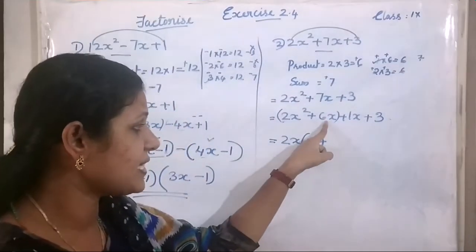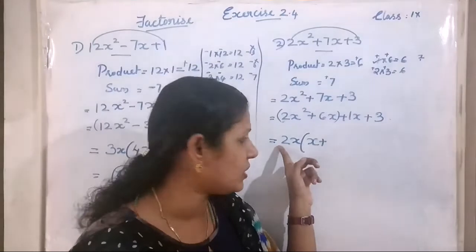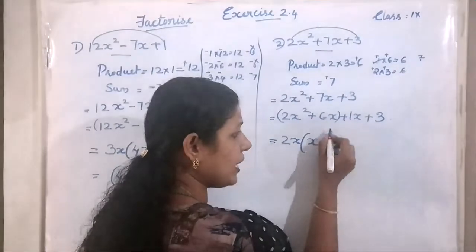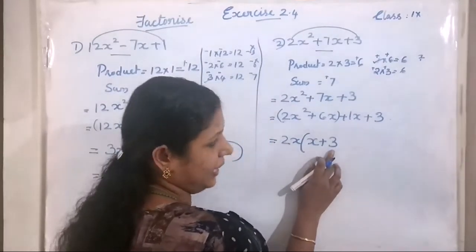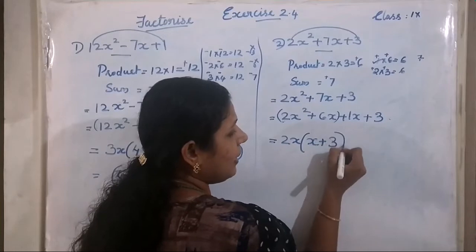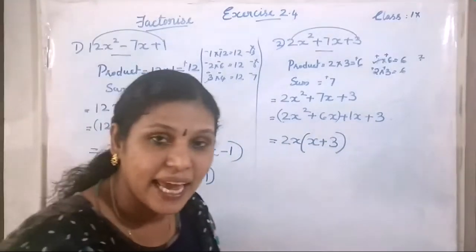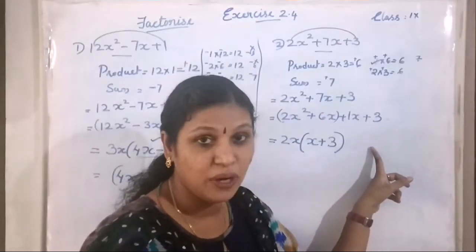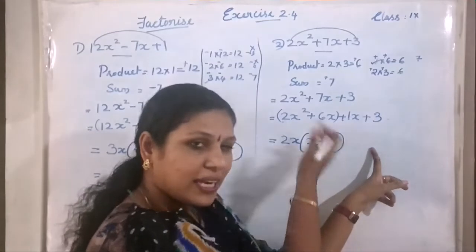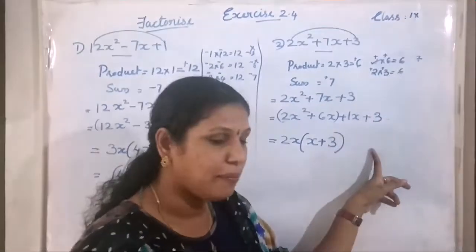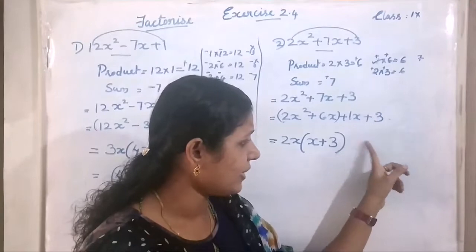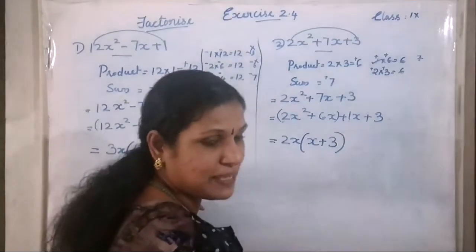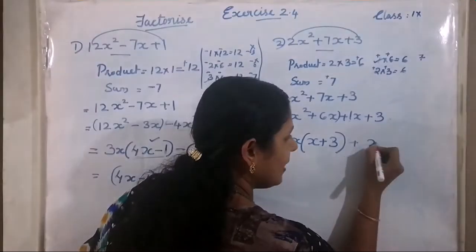Here 2, 6. From 6, which number? 2 is outside, the remaining is 3. That is 2 into 3, 2 into 3 is 6. So that's why I write here 3. The x is also outside. Then x plus 3. And our next aim is to get this x plus 3 on this side also. Then only we can take this bracket outside. So our aim is to find the x plus 3 here. See children, here 1x plus 3 means x plus 3. So it's directly x plus 3.